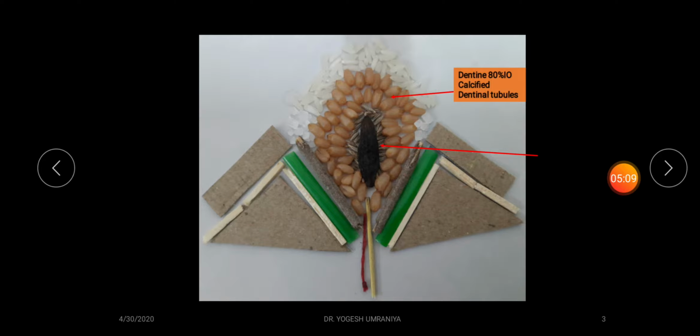And you can see at the peripheral aspect of this pulp cavity the columnar cells, that are known as the odontoblasts, they are giving rise to the formation of this dentine layer of the tooth. And again you can see this layer proximal to the odontoblast, that is referred to as the predentin. That is less mineralized dentine, referred to as the predentin layer. And outer to that, this is the mature dentine layer.